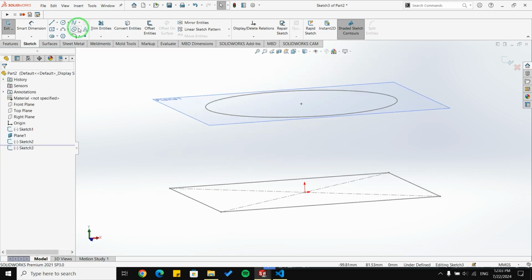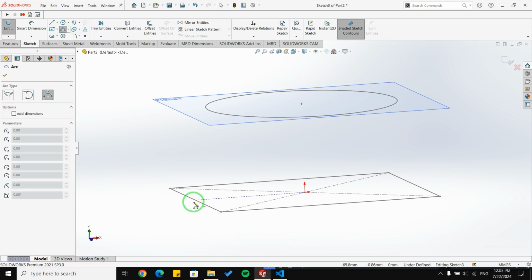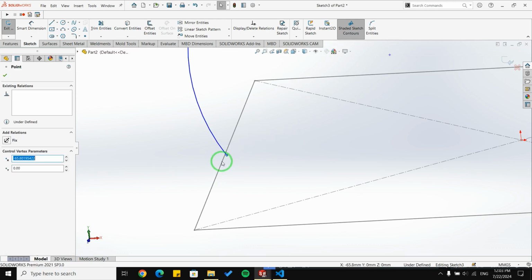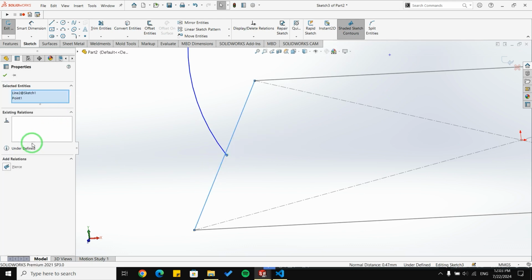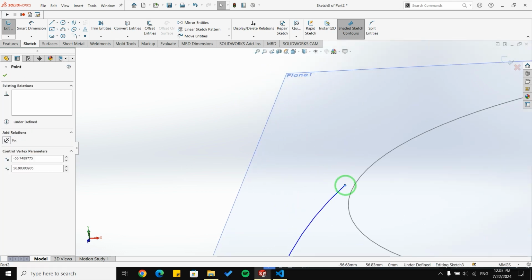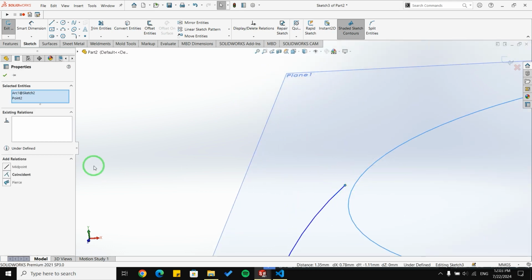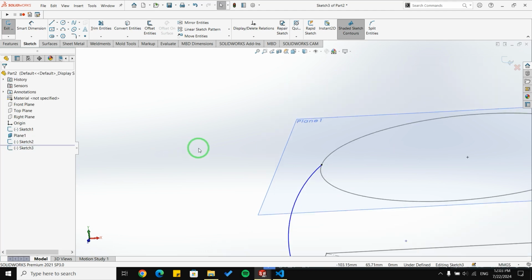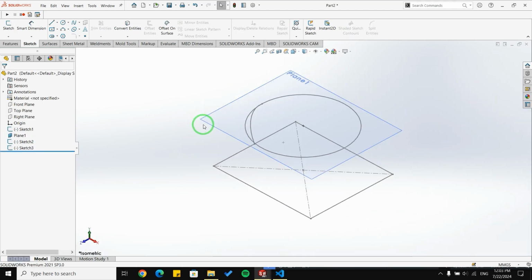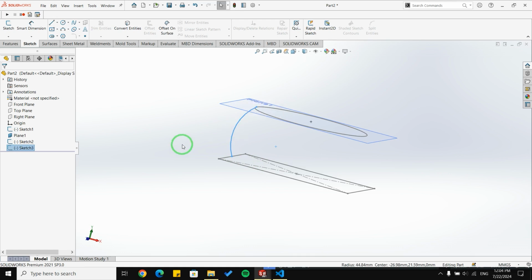Oh, let me try again. And this one. Okay, I'm going to do this, add the relations for this point and this point and the second sketch. Okay, I'm going to exit, and now I have a guiding curve named sketch 3.